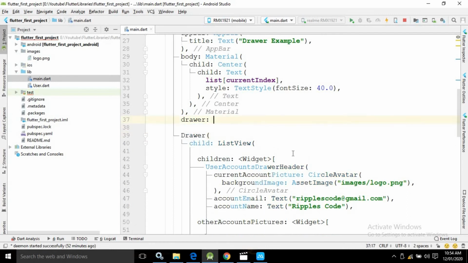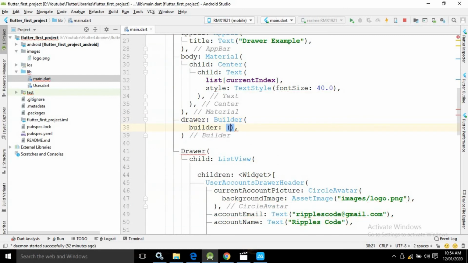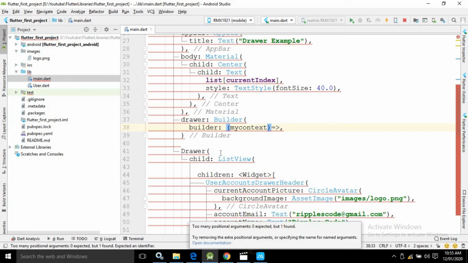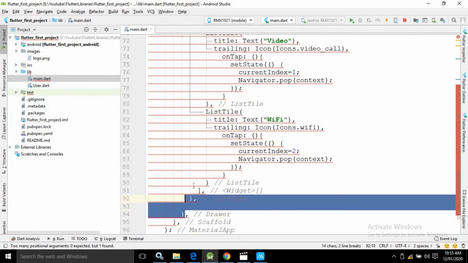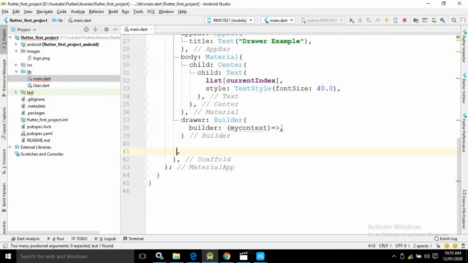inside this drawer tag I will use another widget which is called the builder. This builder widget has an attribute which is called builder, and here I will use my context, and I will put a fat arrow, and this entire drawer widget which we have created, I will cut it and paste it here.